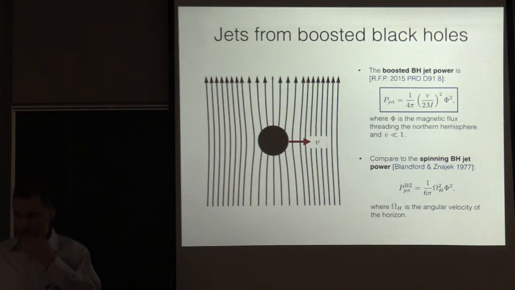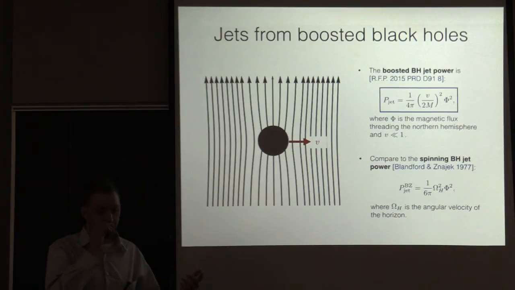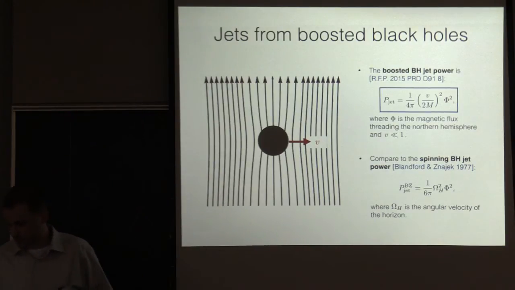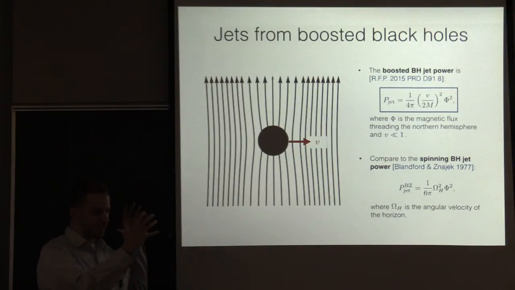And then, getting back to Matthew's comment, an interesting check you can do to see that this is right comes from the membrane paradigm. This was a talk about membrane stuff, and I haven't mentioned the membrane paradigm at all in this section. But the membrane paradigm tells you that this black hole behaves like a conducting sphere moving through a magnetic field.